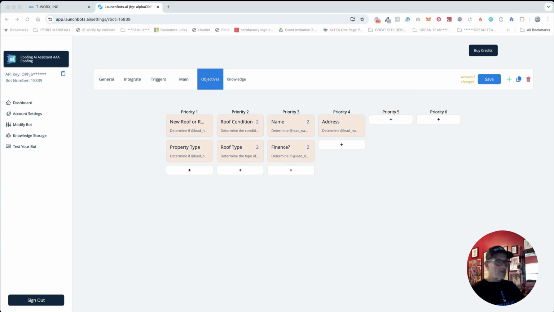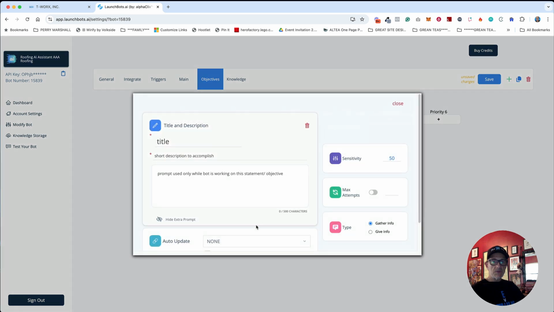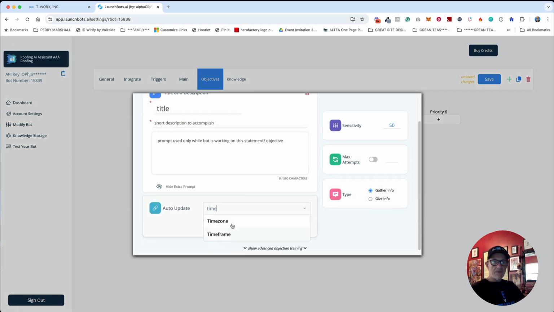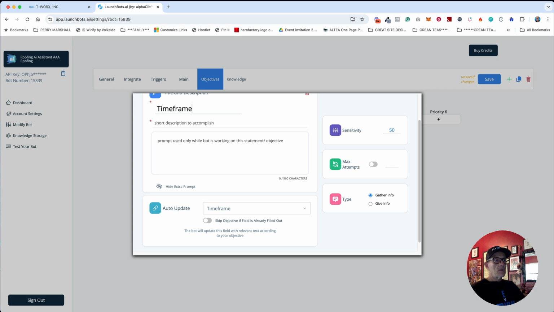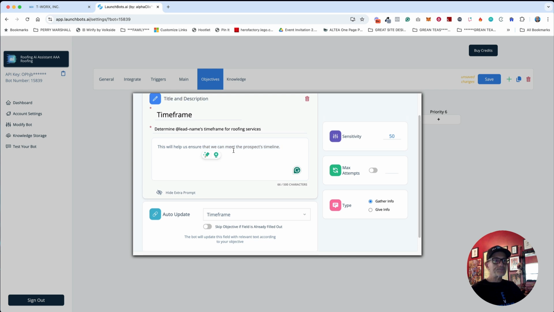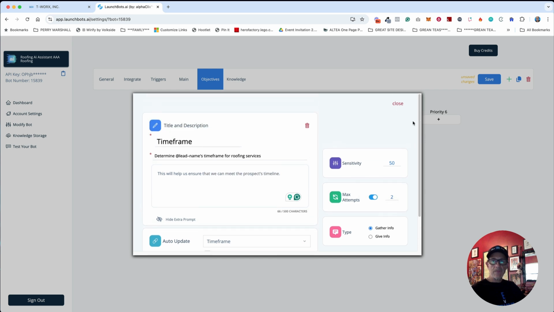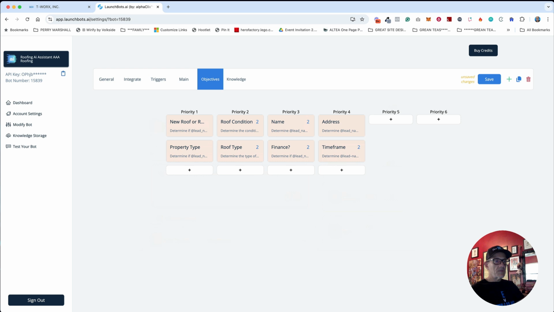We're going to add another objective here in priority number 4, and this is going to be time frame. And so we want to determine this person's timeline for getting a roof repaired or replaced. And I'm going to add an extra prompt in here letting the AI know that this will help us to ensure that we can meet the prospect's timeline, so they'll include that in a really good way in the conversation. I'm going to set the max attempts to 2. And we just need a couple more, 3 more